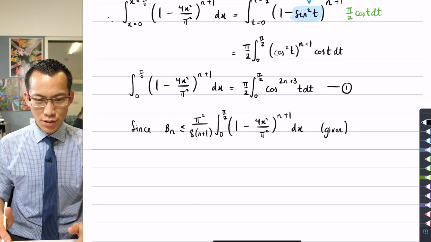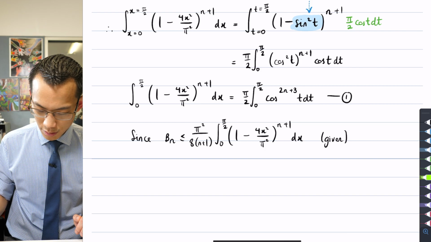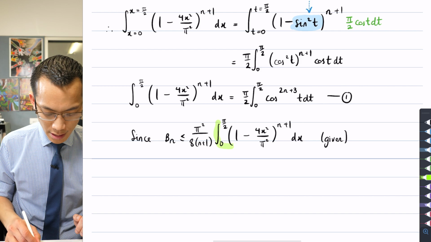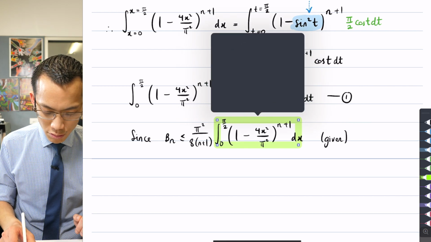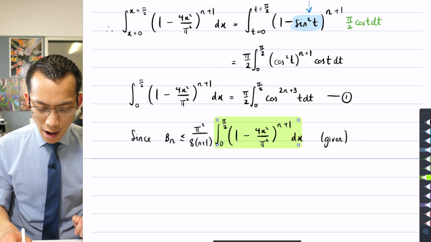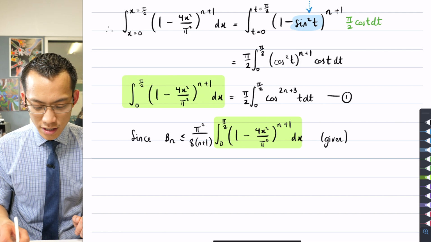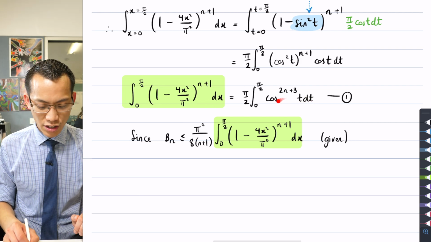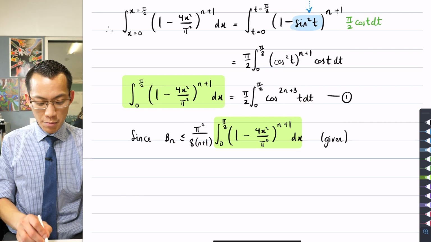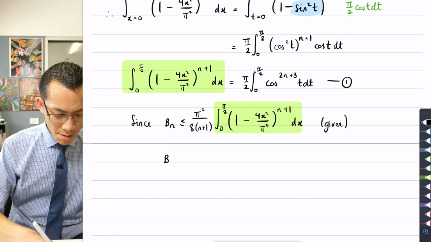I'm now going to do this substitution, right? So I hope you can see that I'm going to substitute, let's highlight it, this here. Ta-da. I'm going to substitute that, being that it's the same as this result over here. I'm going to substitute it for this cos to the 2n plus 3t dt, okay? And that's going to go in place here, and the inequality will be preserved because these two things are equal after all, okay? So what that's going to give me is bn is less than or equal to pi squared